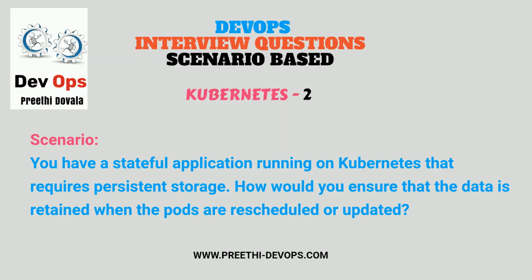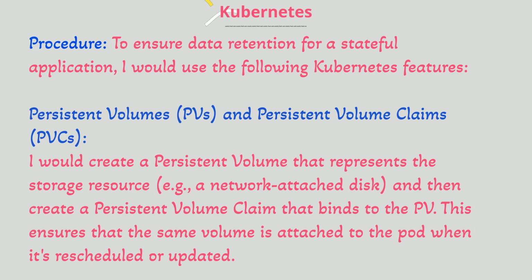Scenario: you have a stateful application running on Kubernetes that requires persistent storage. How would you ensure that the data is retained when the pods are rescheduled or updated? Procedure: to ensure data retention for a stateful application, I would use the following Kubernetes features: persistent volumes, PVs, and